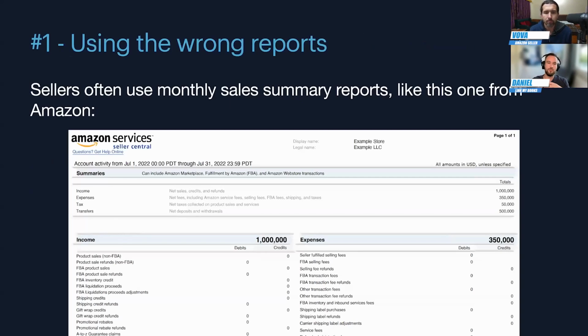Mistake number one, using the wrong reports. So an Amazon seller, for example, most online sellers will have some presence on Amazon is what we found. So if we take Amazon as an example, a lot of sellers are probably used to seeing something like this,